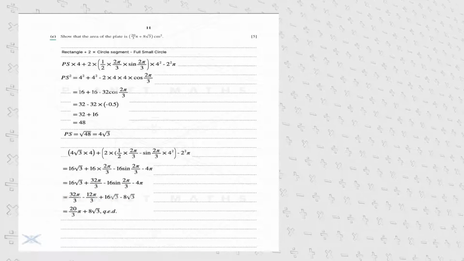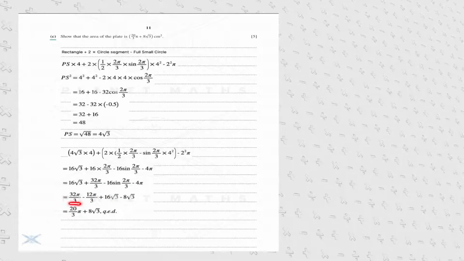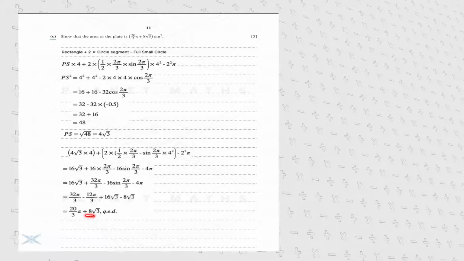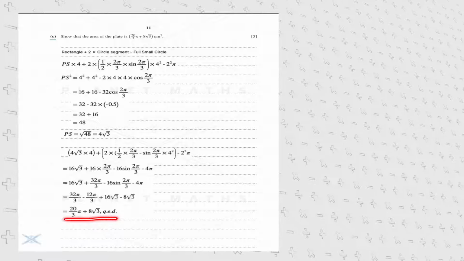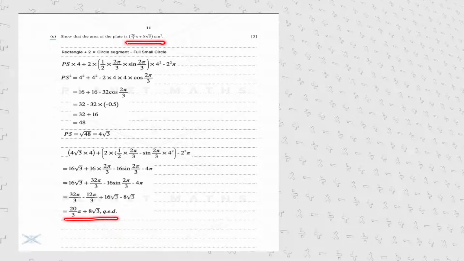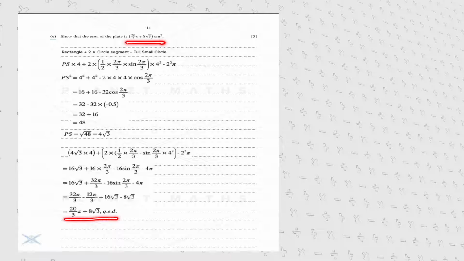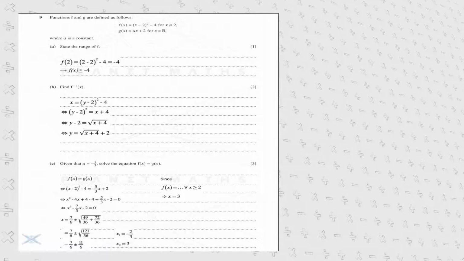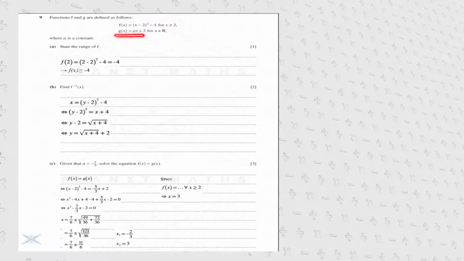And since 32 pi minus 12 pi equals 20 pi, the denominator being in both cases the same, and 16 minus 8 equals 8, we have shown that the area of the plate is indeed as mentioned at the outset of this part of exercise 8. Continuing with exercise 9 of this exam paper, where functions f and g are defined as follows, whereby